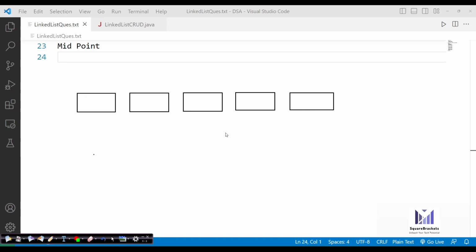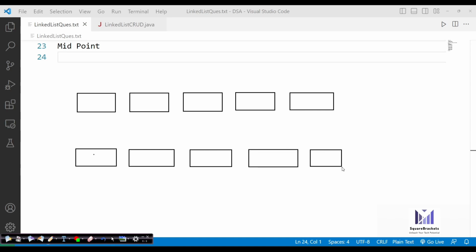So let's say there are 5 elements. The second situation will be that you have an odd number of elements. So how do we find out the mid element of a linked list? Okay, so let's connect them.